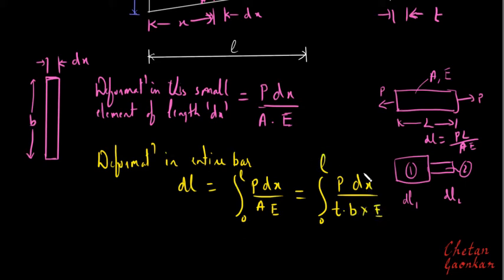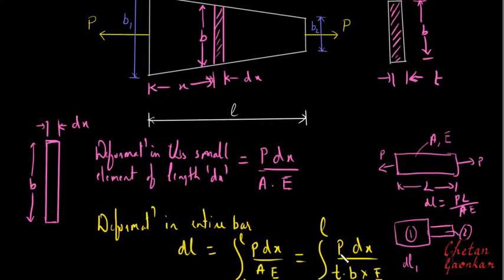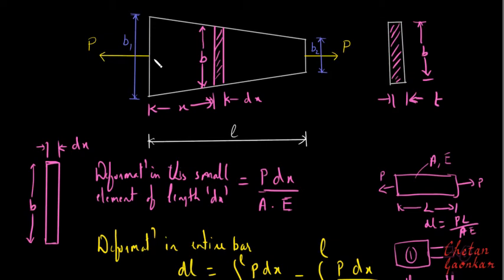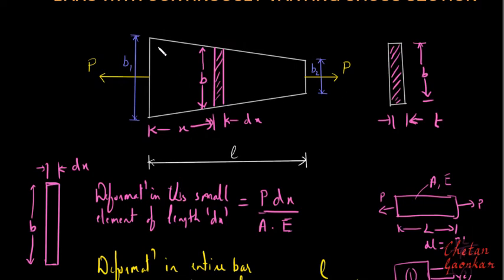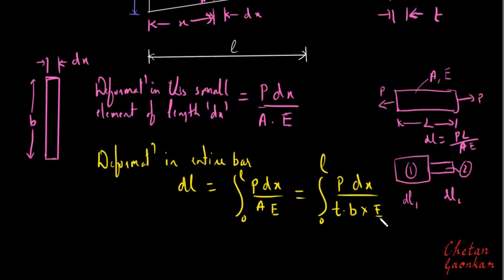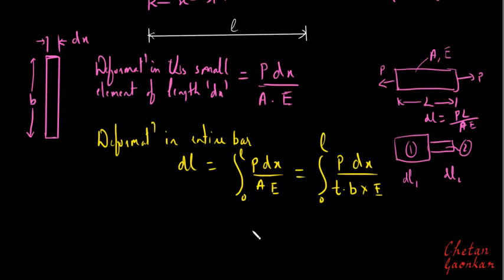So now here, if we look at this expression carefully, I know that load P is constant, because once the load is applied, it will remain that way. So P is constant, which I can bring out. Thickness is also constant. We said that let this bar be of constant thickness. So whatever the thickness was here, the same thickness will continue up to this length L. So thickness is constant, and the material property of this bar is the same. So basically, the things which I can bring out of this integration are P divided by tE, integral 0 to L, dx divided by b. But now what about this b, right?